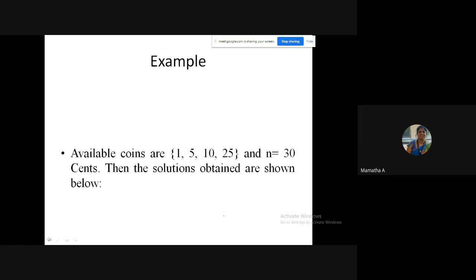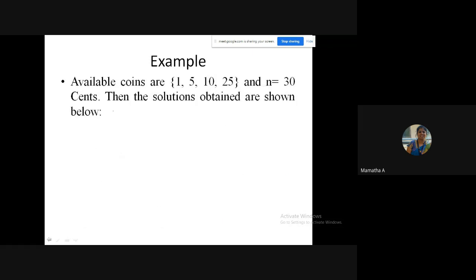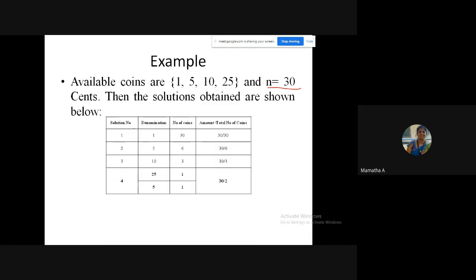Okay. So you have taken the coins in this way: 1, 5, 10, 20, 25, and n equals to 30. The amount is 30 cents, for which I want the coins, right? So the solutions, you can just take it down in this way.